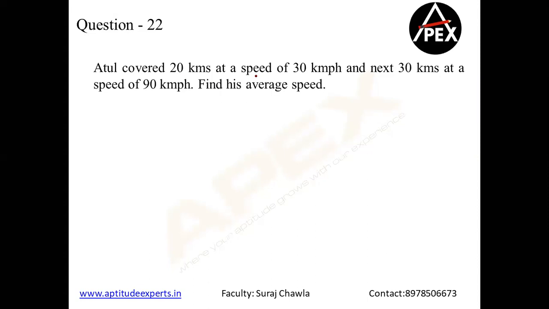Yep. So again, two distances covered, 20 kilometers and 30 kilometers. Right. So I repeat, my average speed formula is going to be nothing but total distance covered by total time taken. Clear? Right. So what do I get from here? So 20 kilometers at a speed of 30. We'll come back to that later. And I have covered 30 kilometers here. So two distances covered. Now the time taken is going to be distance upon speed. And here also my time taken will be distance upon speed.